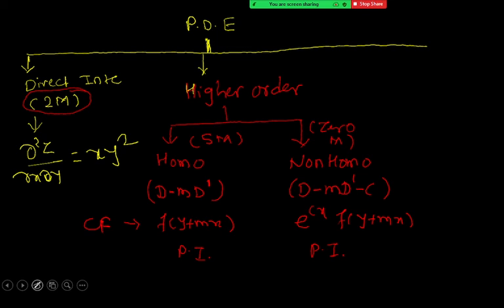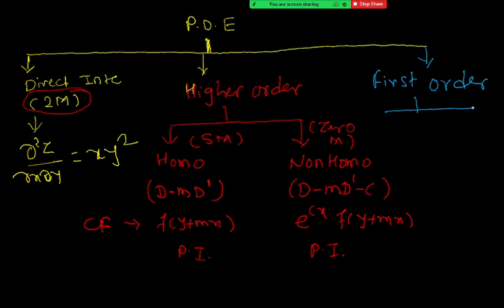Now, there is one more thing that we are going to start from the next session, and that is first order PD. We left only one part now. In first order PD, we have only dou z by dou x and dou z by dou y. None of the second order or higher order partial derivatives will occur there. So the equations only contain dou z by dou x and dou z by dou y, that are P and Q only.